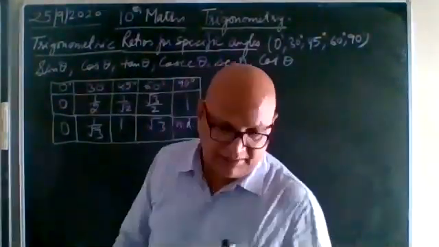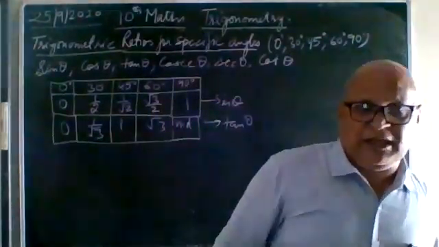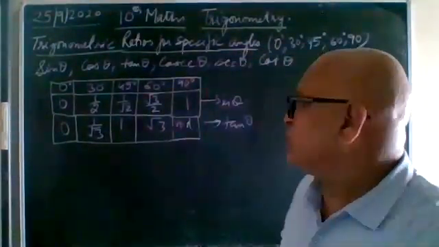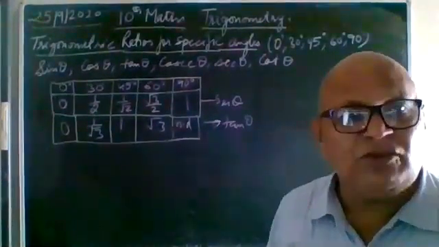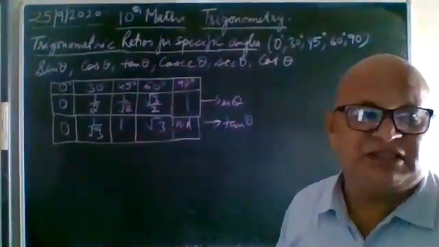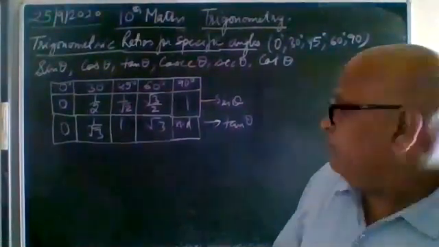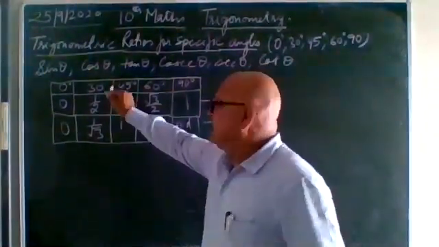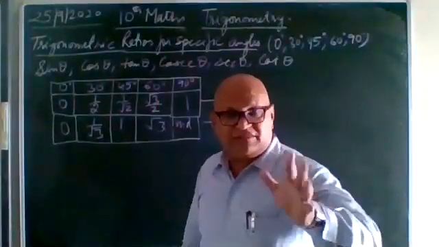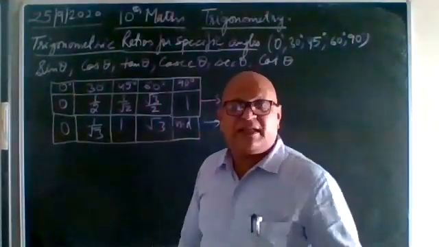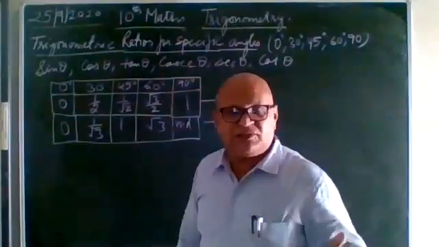Now this is the simple table I have explained. This is just to recall the values. Instead of making the full table, you can have the idea of this. When I say cos, most probably the values needed are 30 degree, 45 degree and 60 degree. Only these values are needed. 0 degree and 90 degree are sometimes used.